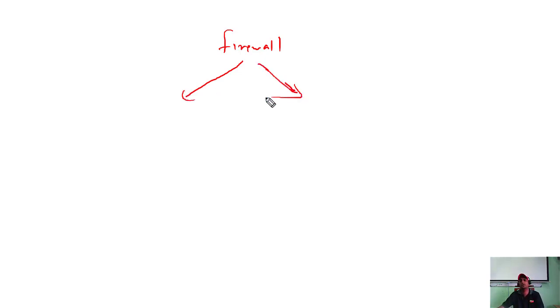A firewall can be a software firewall, or it could be hardware and software both. The firewall is a very high security mechanism that every company uses these days, hardware and software firewall.